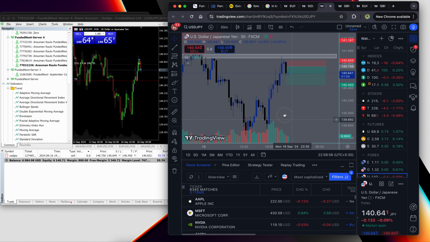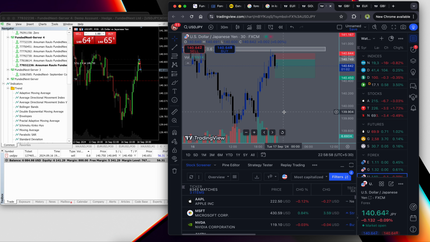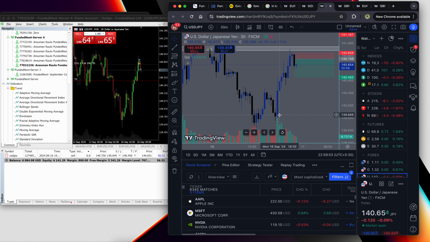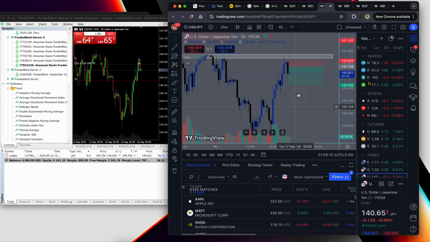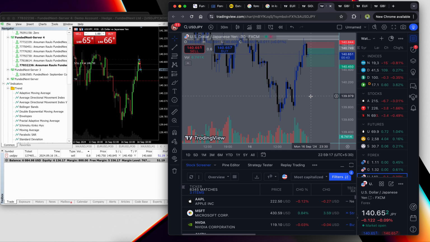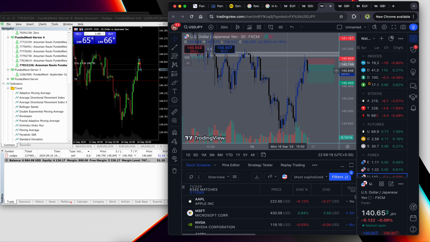Okay, this was one of the reasons why I executed this order, why I took this trade. As you can see, the bullish movement is decreasing over here. Let me show you with a trend line. The bullish movement is decreasing over here, which means the selling power is coming into action, and the price also